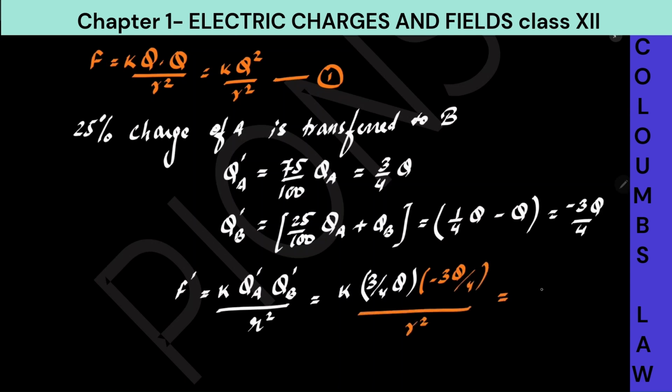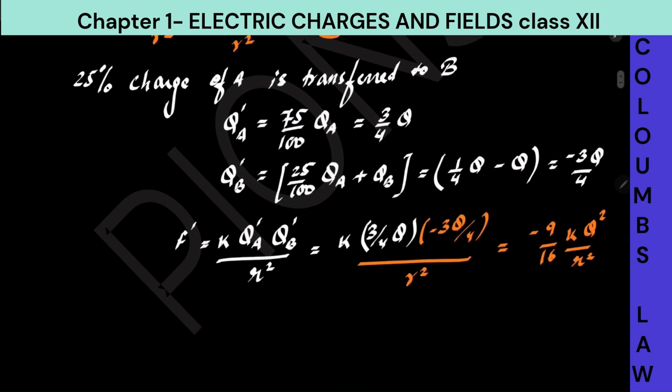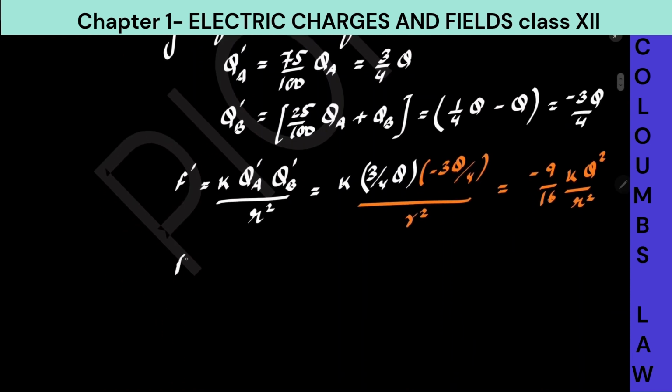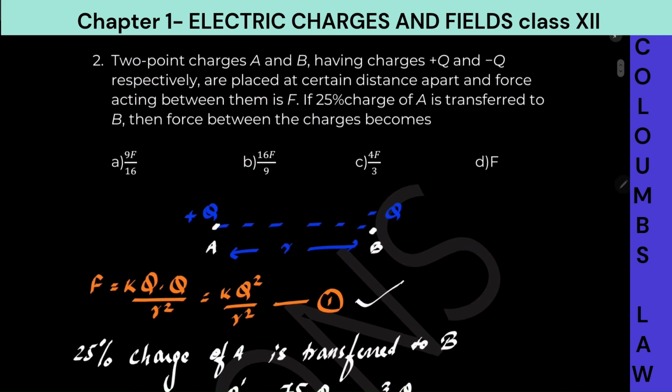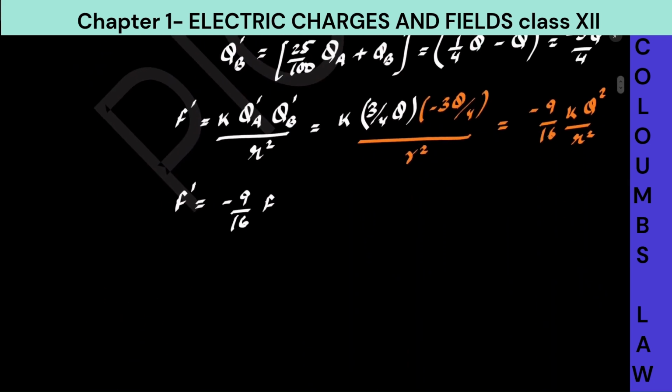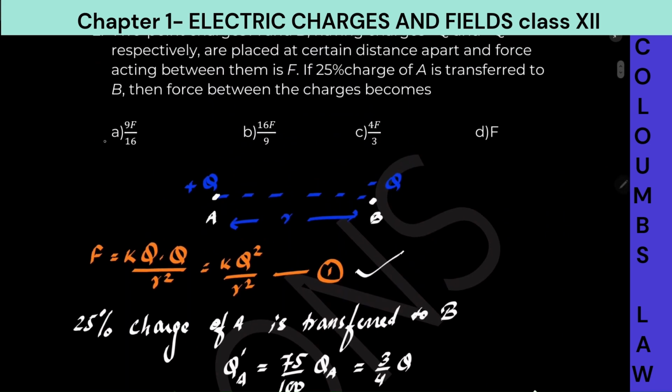So let's simplify it. 3 3s are 9. So it will be minus 9 upon 16 times KQ square by R square. And what is KQ square by R square? From equation 1, this is nothing but force. So F prime will be equal to minus 9 by 16 F. We can ignore the negative sign, as they are simply asking for the magnitude. So the magnitude of the new force becomes 9 by 16 F. So that is option A. The correct answer is option